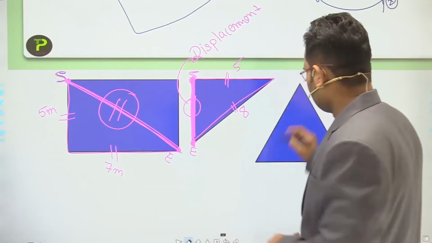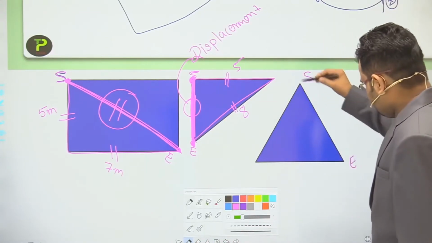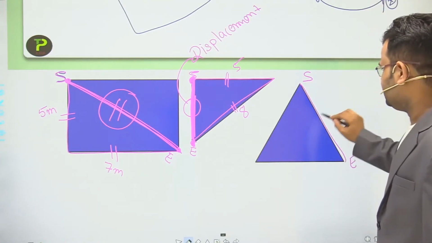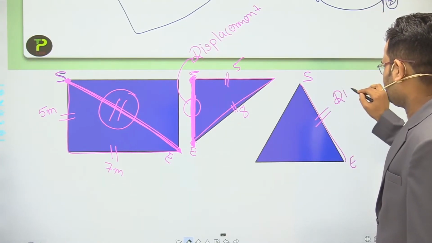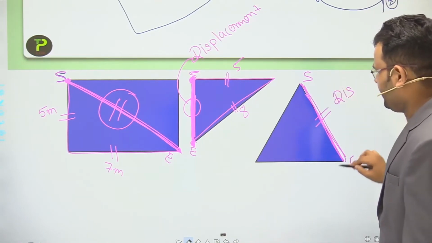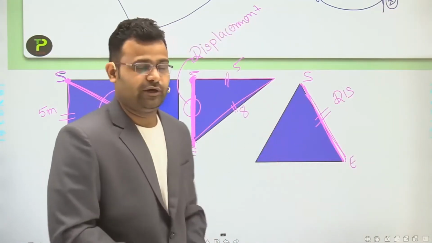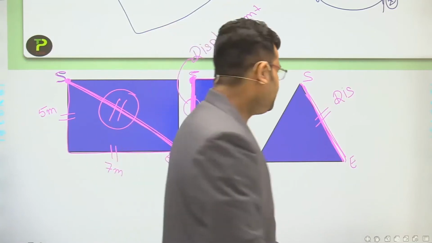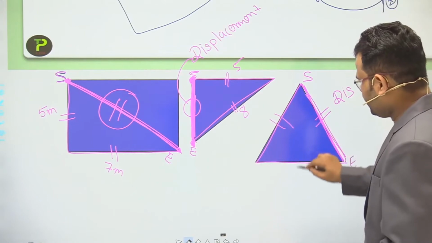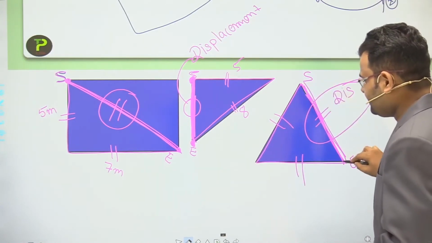Okay, now one more diagram, the third diagram, with a starting point and an angle. If you are moving in that direction, this value is the displacement, because it is a straight line between the starting and final, meaning ending, point. If we get the value of that line, then we can calculate the displacement easily. But if you are moving from that direction into that direction, it's not displacement.